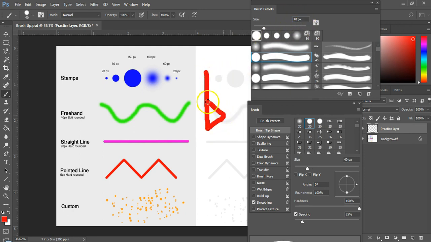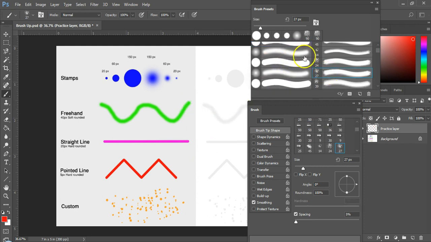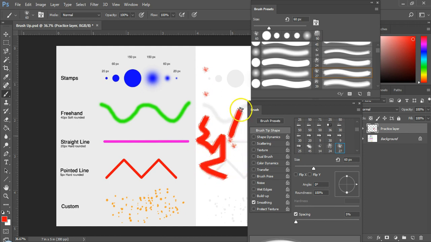And upon clicking, this is what this brush makes. It's a rather smooth and solid line I am drawing. Now let me choose another less conventional brush and change the size to 60 pixel. Now this is how the brush looks and this is the effect our brush creates. So remember, while using the brush tool, the mouse cursor will always display the type of brush we are using and the size of the brush. This always comes very handy.